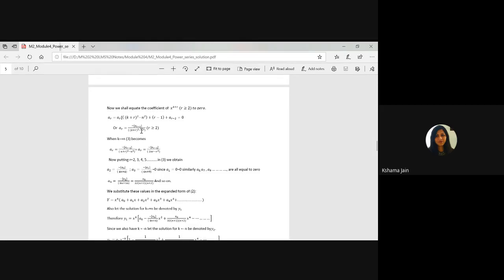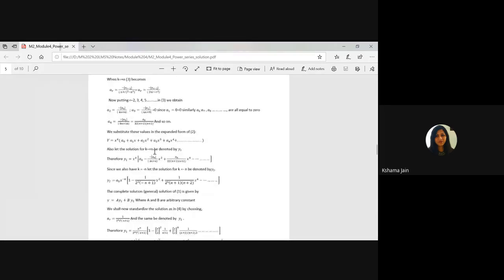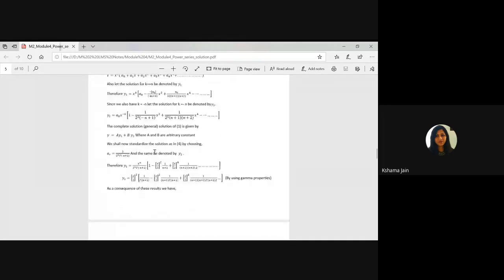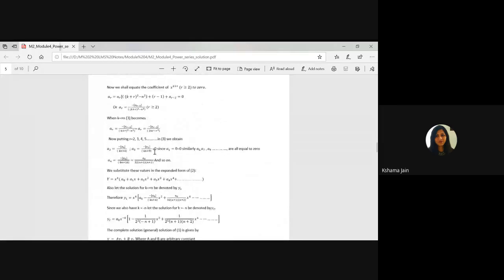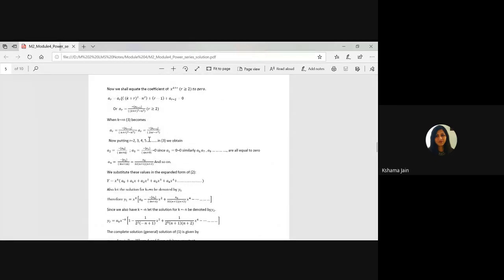Because here it's minus n square. If K is positive n, a different answer will come. If we take minus n, a different answer will come. So the first case is by putting K equals plus n, and we got this. AR is this. They have not assumed the other yet. Okay. So after putting K equal to plus n, we got this.